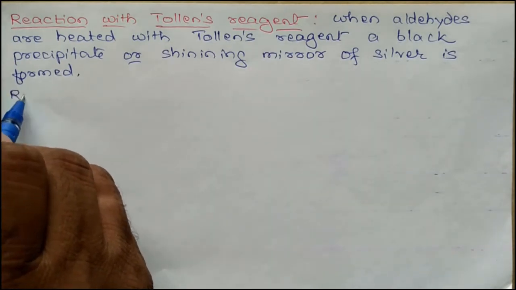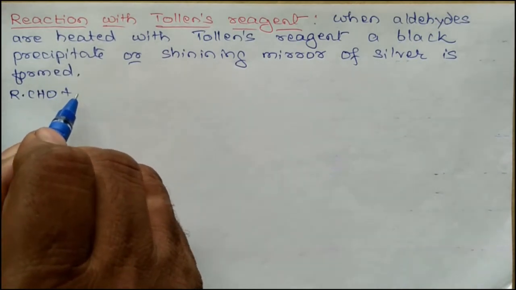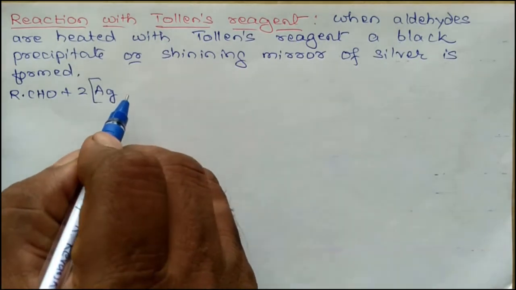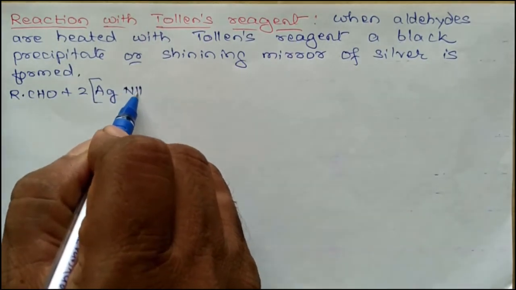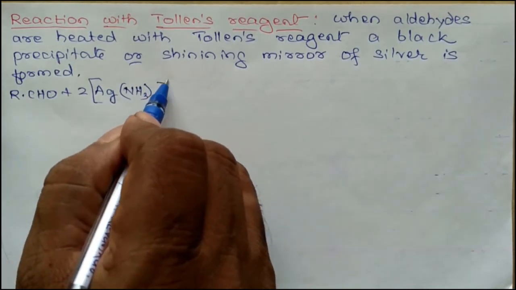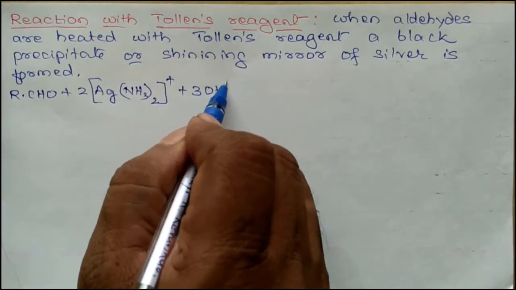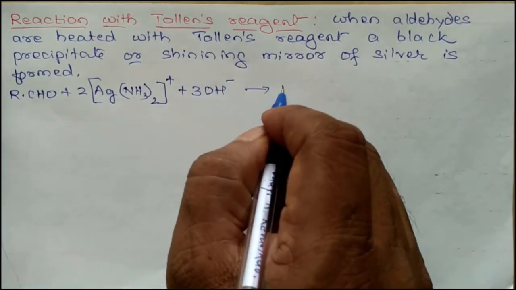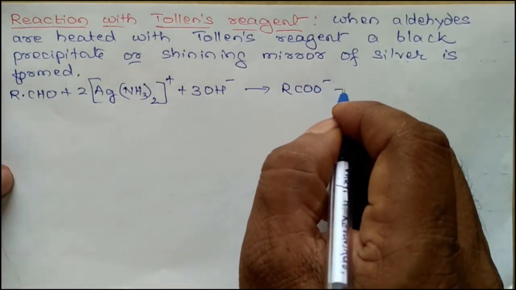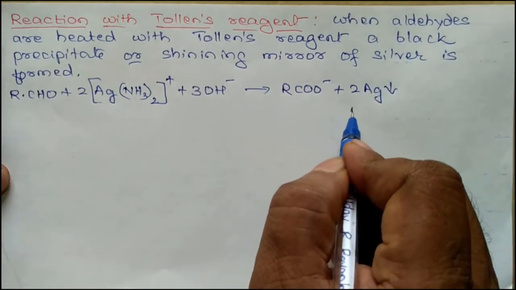RCHO, this is the aldehyde, plus Tollens reagent, 2[Ag(NH3)2]+, in the presence of OH minus ions, you are going to get RCOO minus, carboxylate, plus 2Ag, this represents